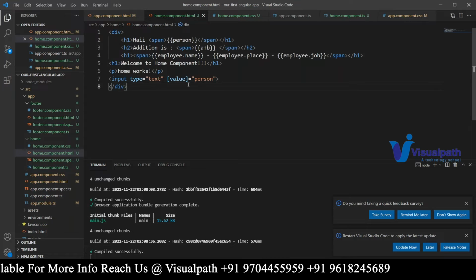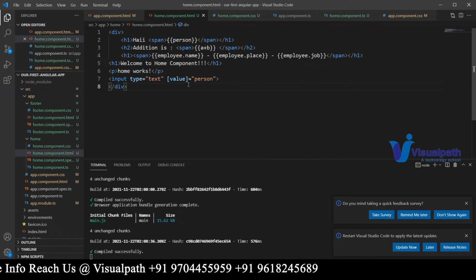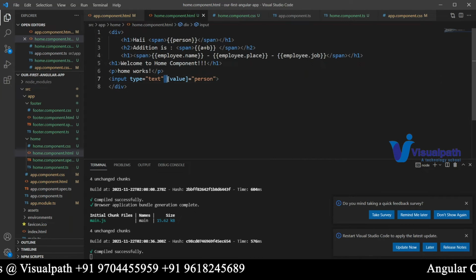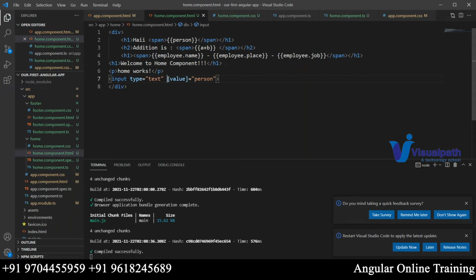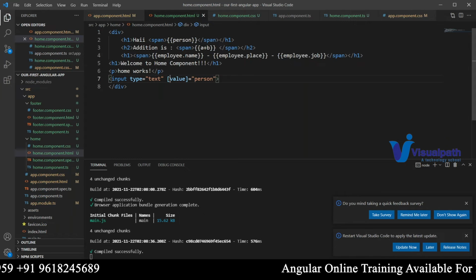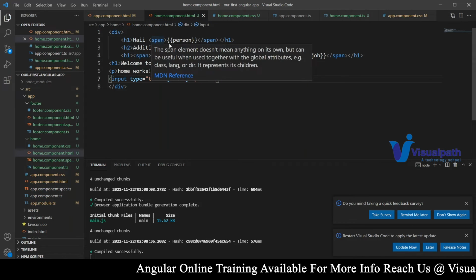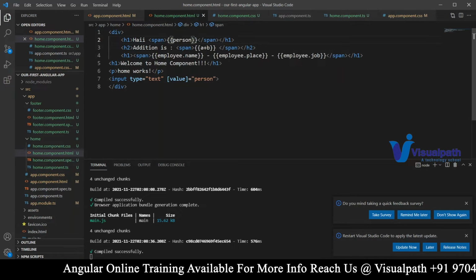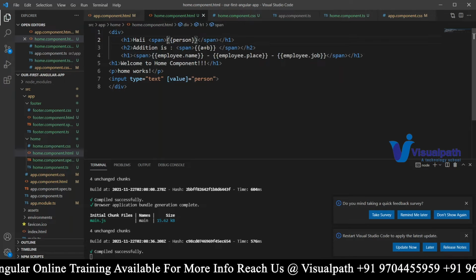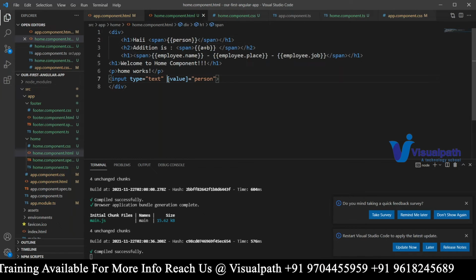What we have used here are these brackets, rectangular braces. Some people call them square braces. This pair of curly braces is for string interpolation, whereas this one is for